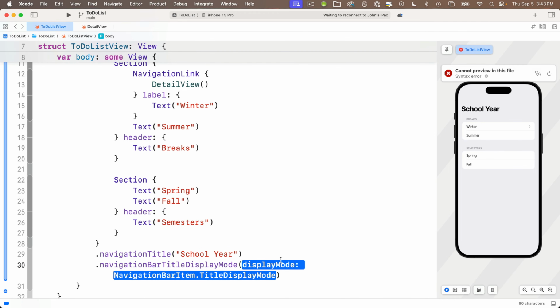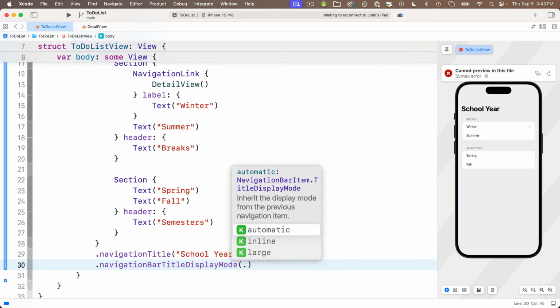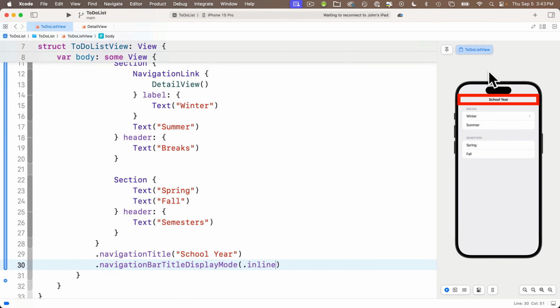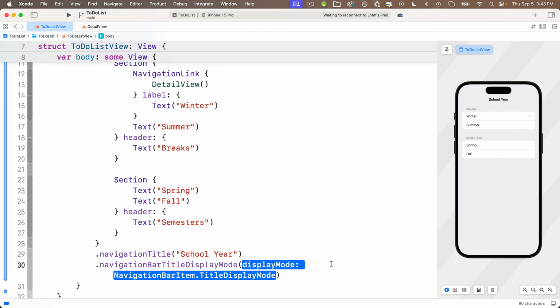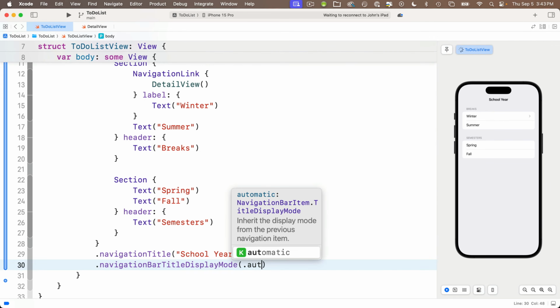Well, dot notation can help us out. I see inline, large, automatic. Large is the default. That's also what we'll see in here if we select automatic. So let's try inline. Ooh, and we see the smaller title now centered in the navigation bar. Cool. Just more formatting options that you now know for working with navigation title. So I'm going to head back to .automatic, although frankly, if you delete this modifier, it'll still be the same